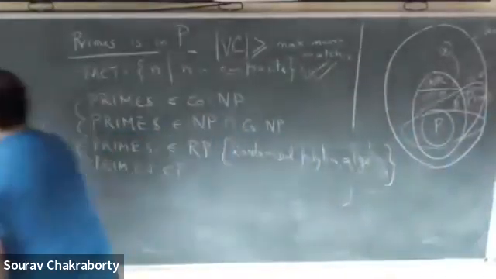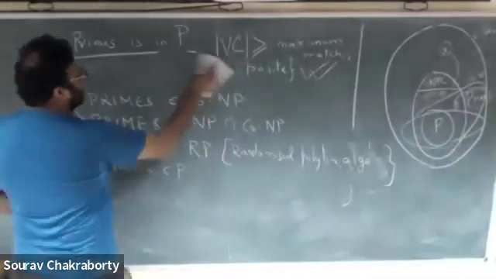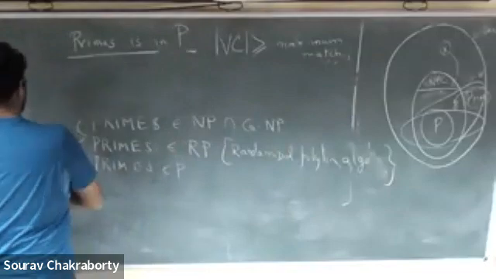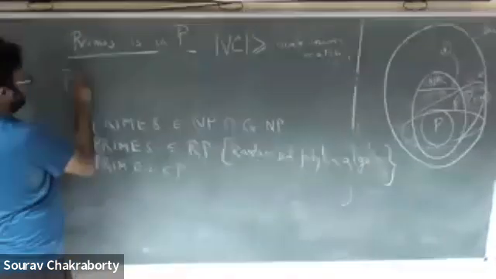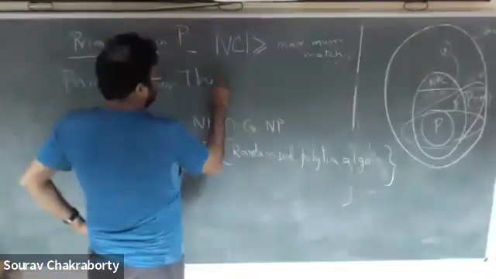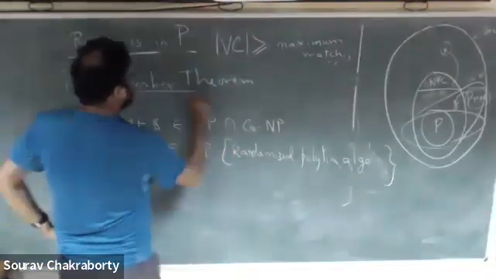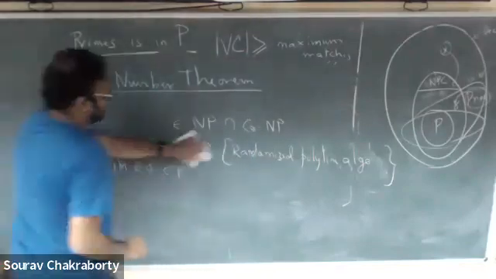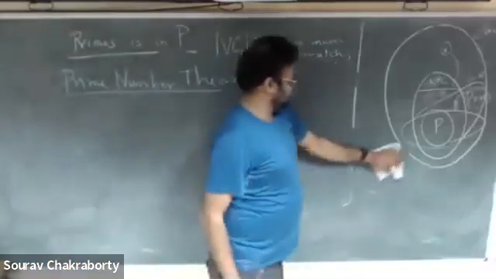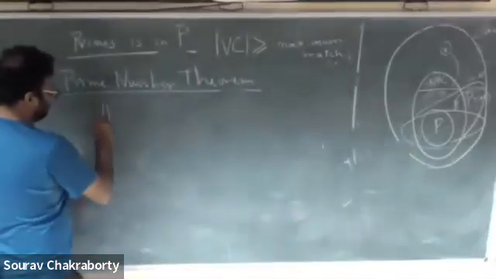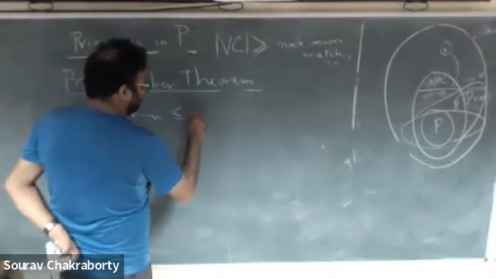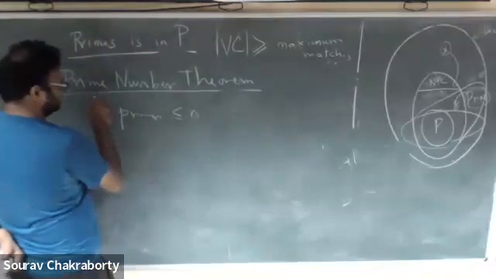There is something like the number of primes up to n being about n over log n. Yes, there is something called the prime number theorem. What is that? The prime number theorem says that the number of primes less than or equal to n